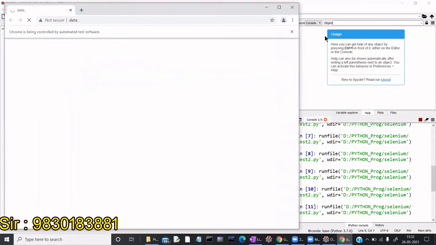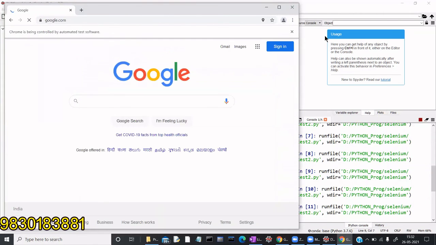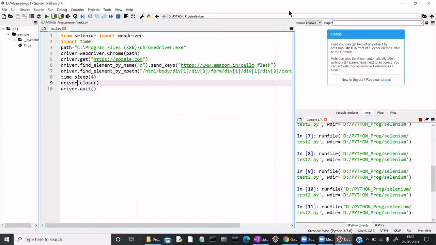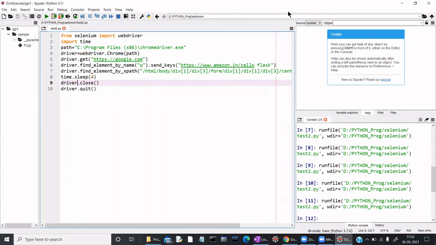taking us to google.com, writing the text automatically and clicking the button. You can see the button is clicked and we are reaching the desired location. This is the idea. It's a very simple example, and it is also closing the driver and quitting from it. So later in the next videos, I will come with some other important topics like broken links, how to identify the broken links, how to identify the